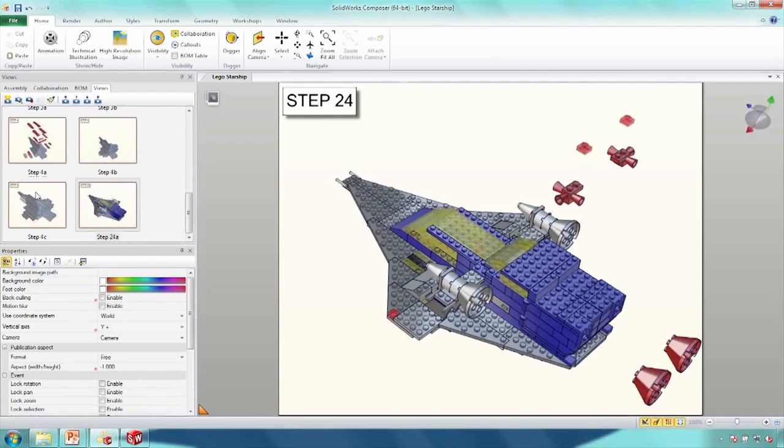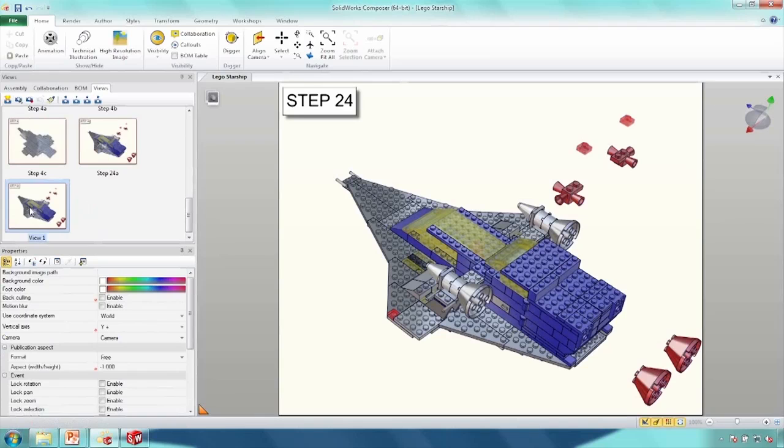All I need to do now is select the view and say update view. Now it has all the components there. So that's all we need for step 24A. Now if I create a new view, I can either select it and go to create view. To rename this view, I can click F2 and go to step